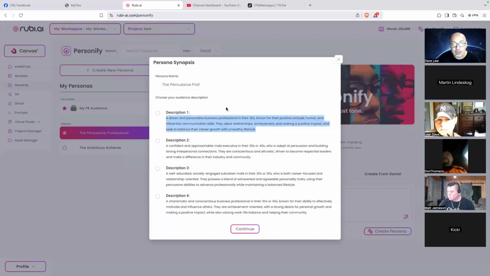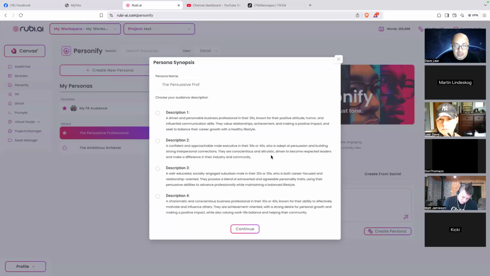So your persona, this persuasive professional, is going to be his personality. Every time you ask your chatbot a question, or if you want him to write a blog or anything, this is the guy, his guiding personality. Or Description 2: a confident and approachable male executive in their 30s or 40s who is adept at persuasion and building strong interpersonal connections.